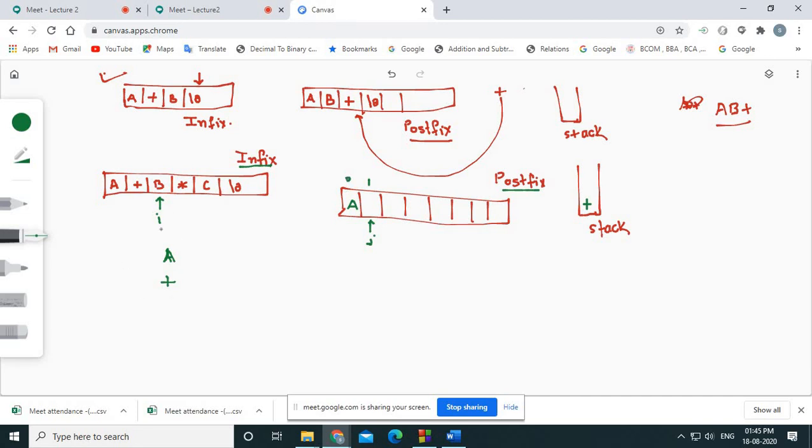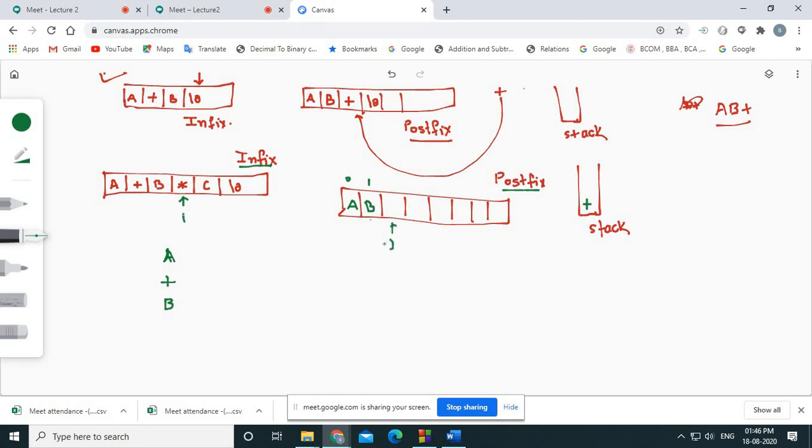Okay, now what we have is we are getting B, infix of I, that is B. B is operator or operand? It is operand, and operand has to be placed where? Into the postfix. If you are putting any character into the postfix, J and I both get incremented by 1, right? So now our I variable will stay here and J variable will stay here, right?